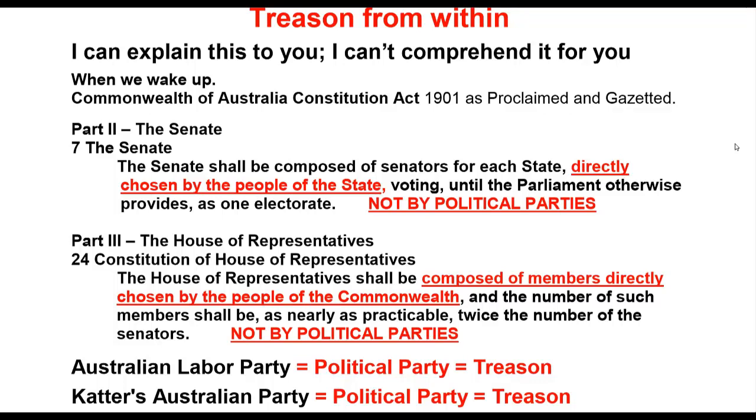This one electorate is very important because all state senators vote for the state. They represent the state. All states have an equal number of senators. Today they've wrecked that system by giving the Northern Territory 2 senators and the ACT 2 senators. But senators represent the state, the whole state. You've also got to realise that when Hawke created the ACT, that is a private system, that ACT.